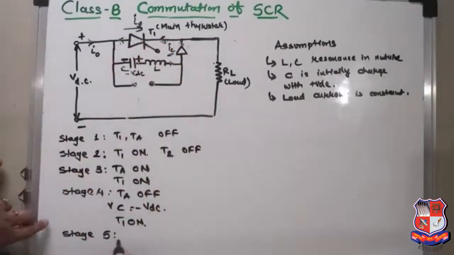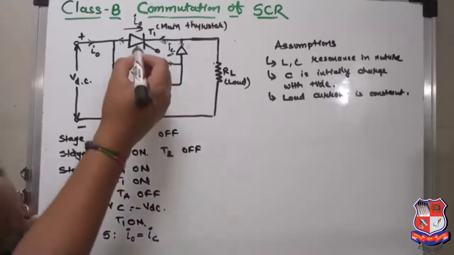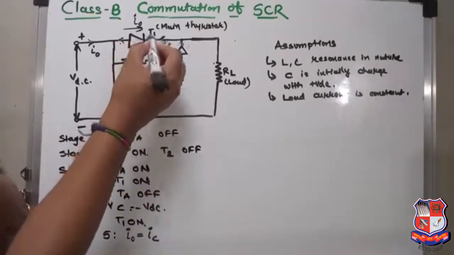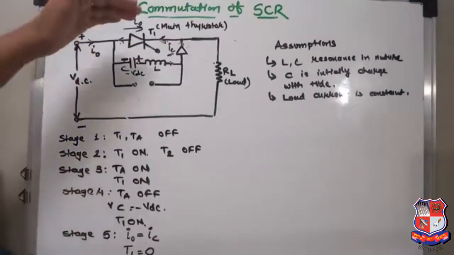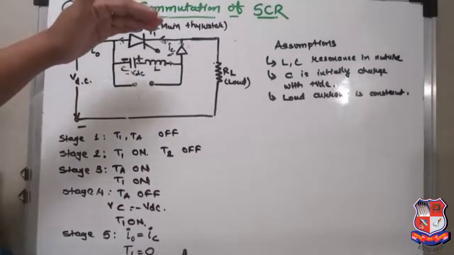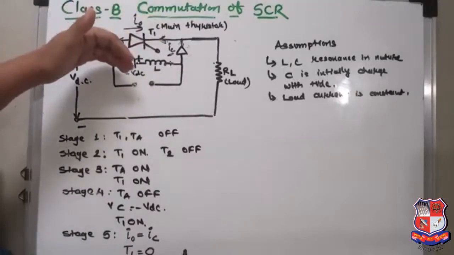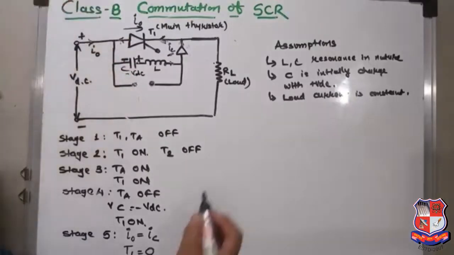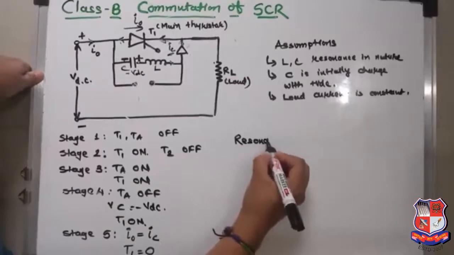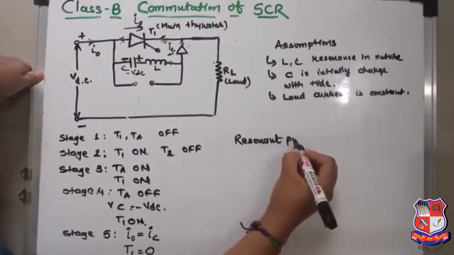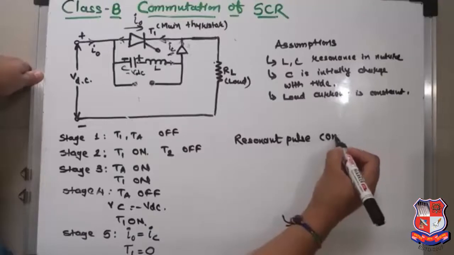So in this stage 5, when I0 is equal to IC, the current passing through the thyristor T1 is 0. So T1 is turned off. Here the main thyristor is turned off due to the resonance current supplied by the capacitor. So class B commutation is also known as resonant pulse commutation,